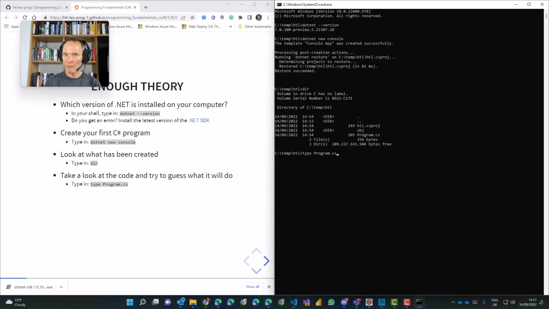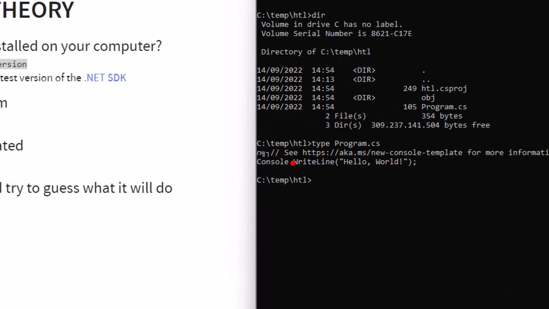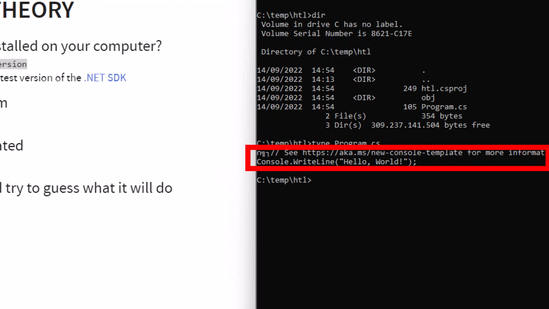Not type everything letter by letter. Learn the shortcuts. Learn the keyboard. Learn how to use it. That's important. In my case, it saved me a lot of keystrokes and I didn't have to type in the whole word Program.cs. Let's take a look at the code, and here you see this is essentially the program.